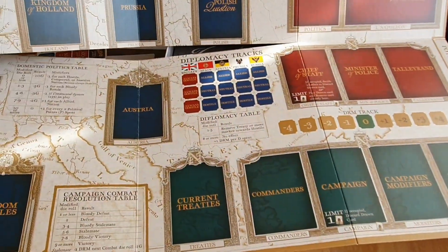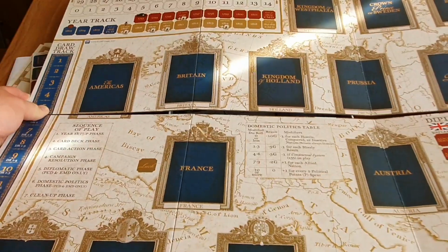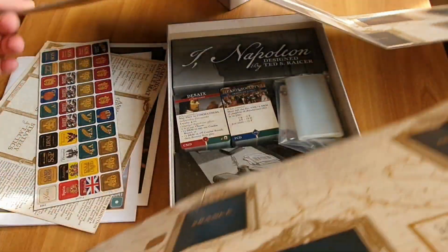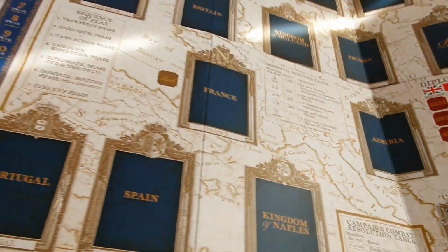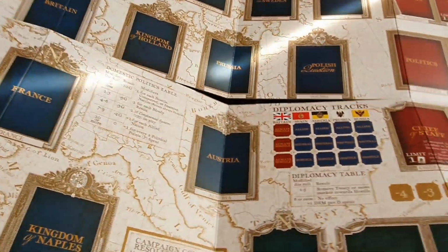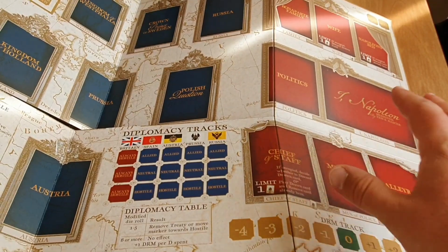It's a big one. I mean, moderately big one. It has a feeling of something you would find in Napoleon's office, on his desk. Well, we have the general records track over there. Different players on the international chess table. We have the Bonaparte family, wife, Napoleon's bed over there. So even Napoleon's bed is a location on this political